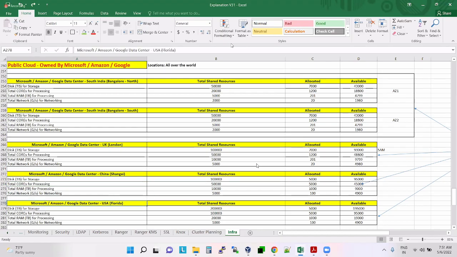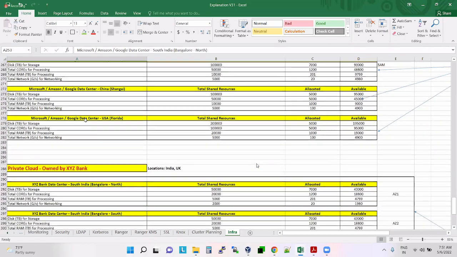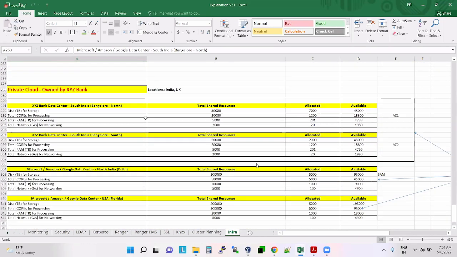All over the world they can have their data centers, but here you will not have all over the world. So XYZ Bank will set up a data center wherever they have locations. They will not set up all over the world.